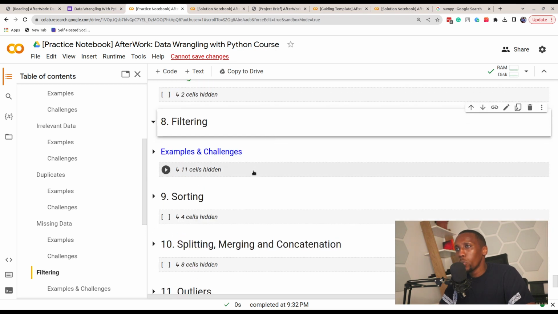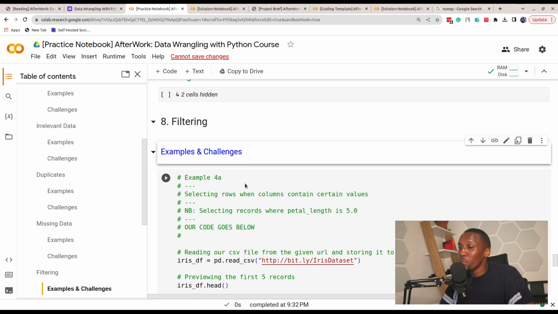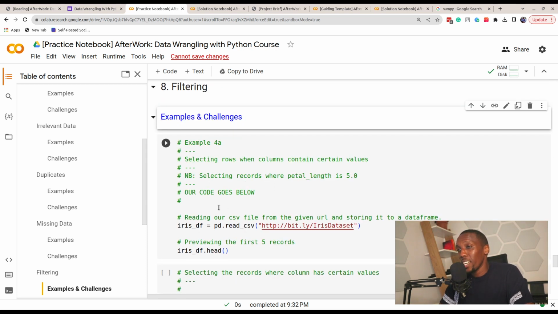All right, the next thing that we're going to go through is filtering. Sometimes you might want to only work with a subset of data that makes sense with regards to a research question. So maybe if we had a data set that had continents, Africa, Europe, Asia, and you only want to work with a data set that pertains to African countries, then you can filter by that continent column, which would be records with the value Africa for the continent column. So with filtering, we can select different